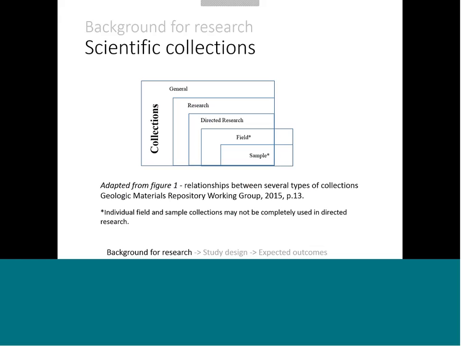And I love this. Brian had a much better slide with a better example of this, but from the GCMS's report, how you define different collections is this idea that you might have a sample or set of field collections that are smaller individual scientist collections, but eventually they become part of these larger general and research collections. But the way that the metadata is collected is not necessarily consistent across, even within an organization, or in how an aggregate collection develops over time. And there are also points of intervention here where we might start doing things like registering IGSNs or developing unique identifiers or other points that will allow for easier discovery and access to these samples.